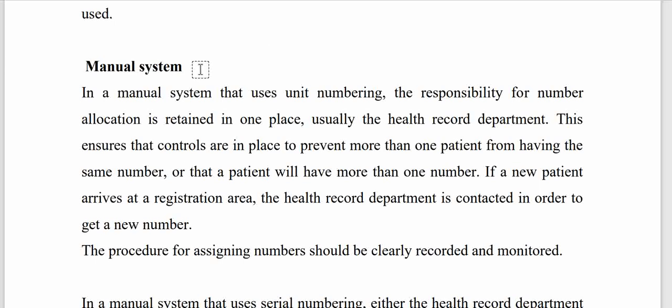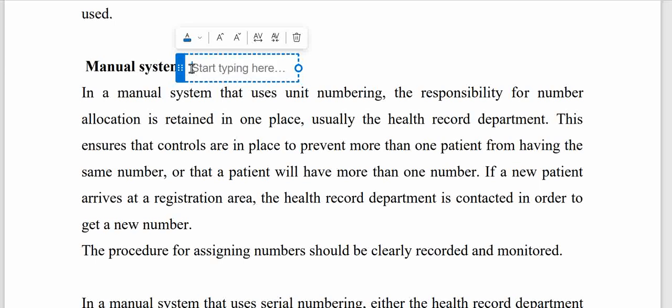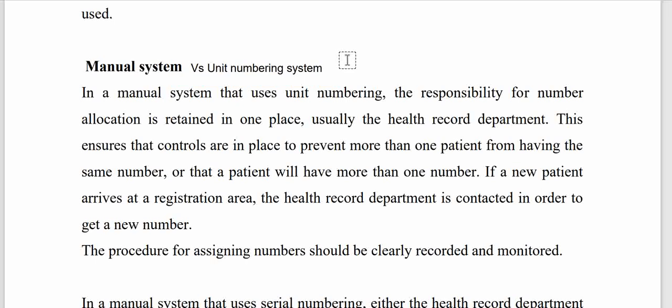So let's look at a manual system. Manual system versus unit numbering system. Okay, so in a manual system